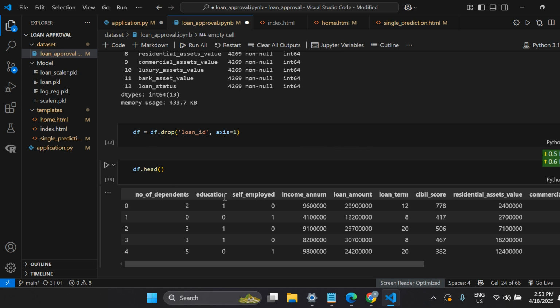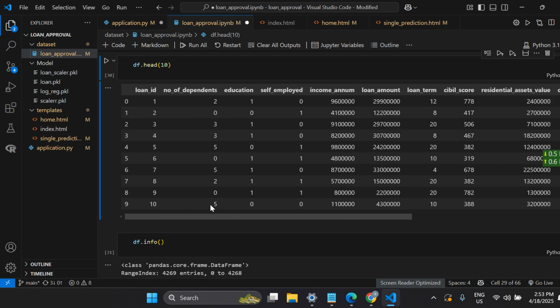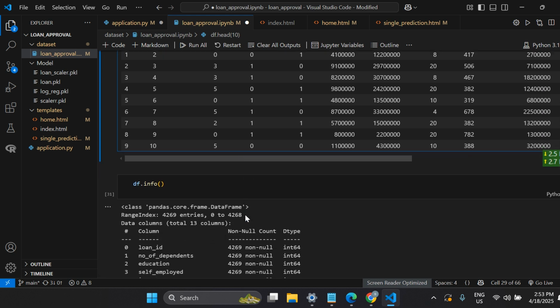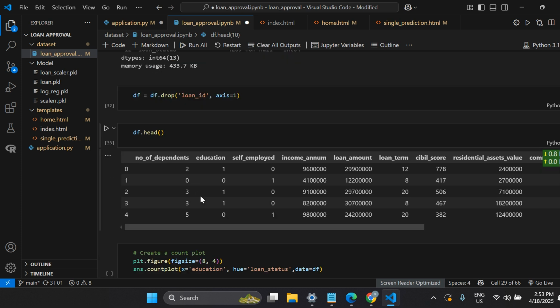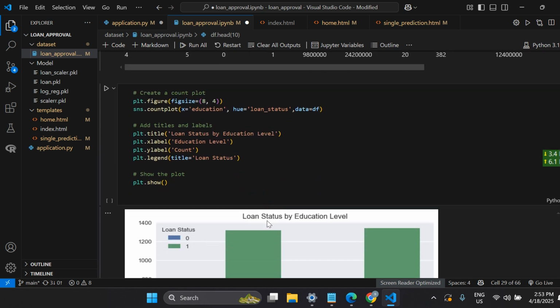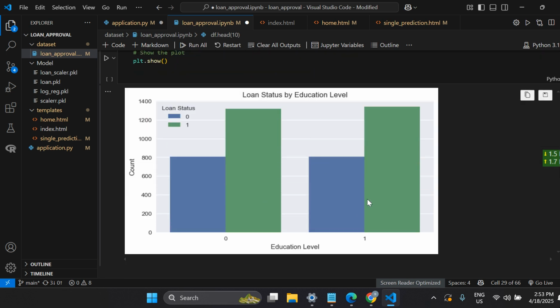So what I did here: if you see here, there is loan ID. We have to remove unnecessary things from our data set so we can train the model in a good way. If we do not remove them, then our model might not get trained well. So we don't need loan ID here, 1, 2, 3, 4, 5. I just dropped loan ID. If you see df.head again, there is no loan ID. And I created a count plot here